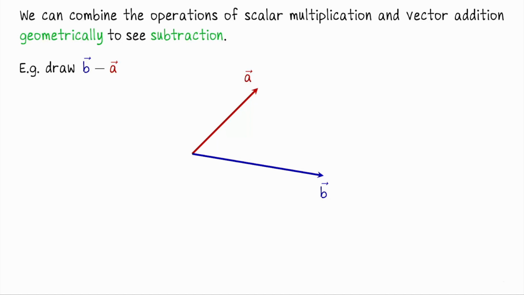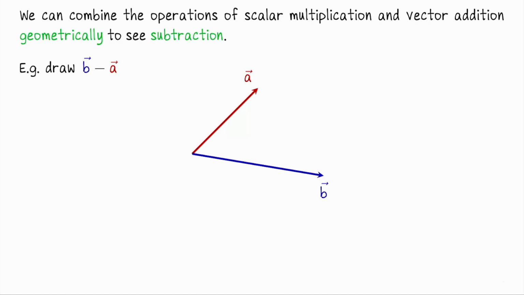Okay, let's finish this lesson by doing one more operation on vectors, and here we're just going to focus on how to represent this visually. So we saw scalar multiplication and we saw vector addition. We combine them in order to make sense of vector subtraction. So here imagine A and B are two vectors, either both in R2 or both in R3, and I would like to compute B minus A.